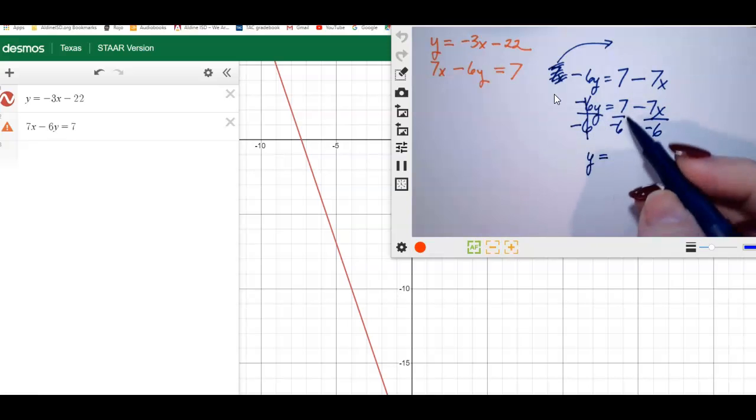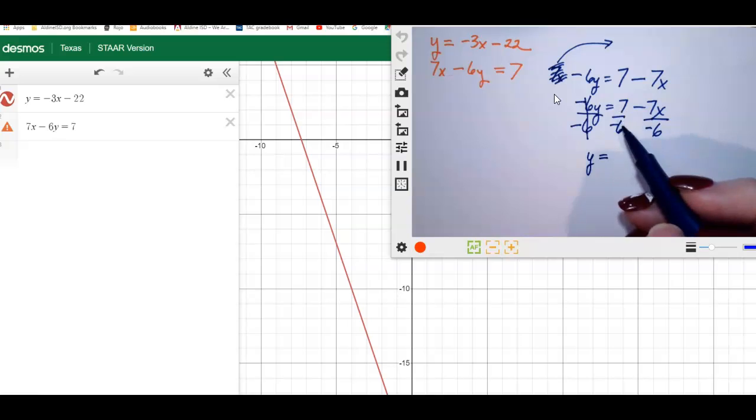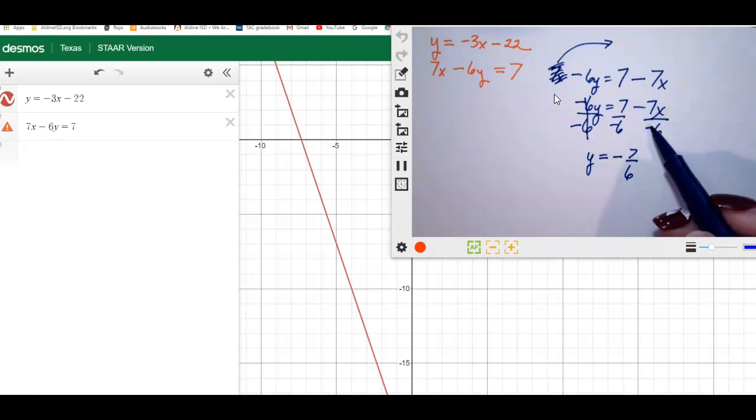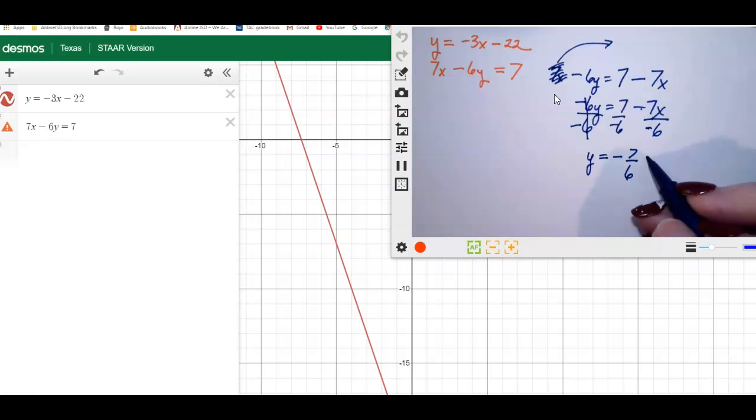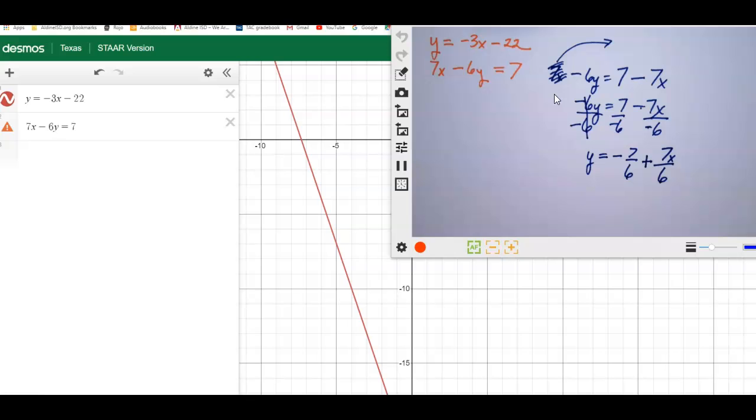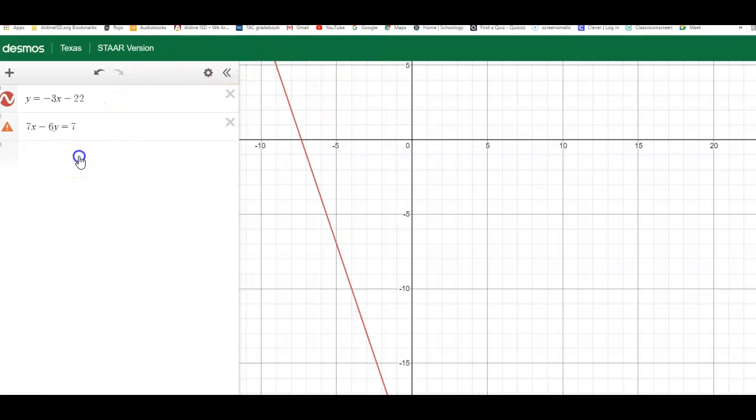Y is equal to, okay, do you see that this one has a negative? It doesn't matter where I put it, it's just a negative, and so I just put it out front. That's what it is. But this one has a negative over a negative, which is a positive. So that's positive 7x over 6. Now if I go over here and I type in that right there, y equals